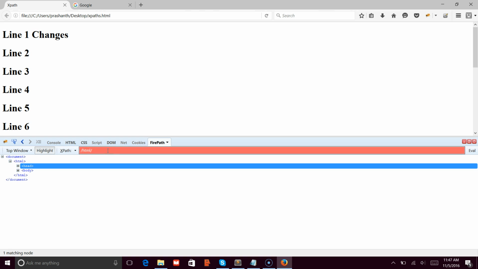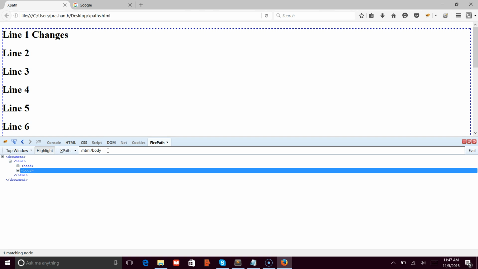So now whenever I say head, see, the head got highlighted, and the head is under HTML. Similarly, if I say body, the body got highlighted and we have one matching node, and in the web page also you are able to see the blue dotted line which is highlighted. So basically what we are doing here is called an absolute XPath. Absolute XPath starts with a single slash, followed by the HTML tags, followed by a single